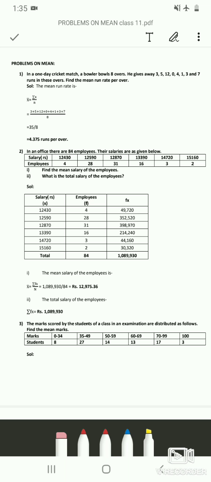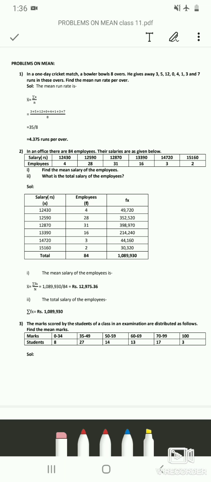So you guys are done with your first internal examination. If you have any doubts related to any of the questions asked, you can contact me anytime during the college hours. And in the previous video we had studied how to find out mean for an ungrouped data, for a discrete data and for a continuous data. So today let us solve some more problems related to finding the mean.